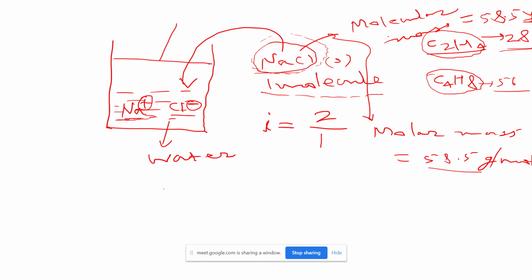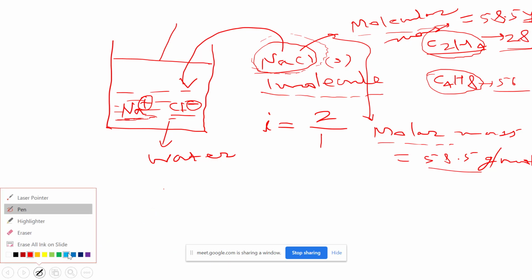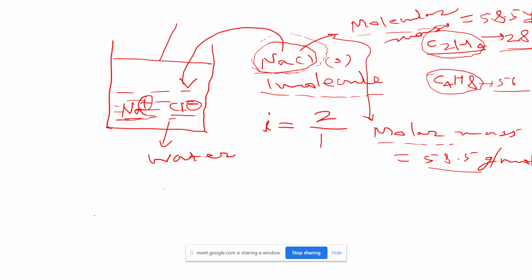And another difference is what? Molecular mass is the mass of one molecule actually, and molar mass is the mass of one mole, that is having NA molecules, like 6.02 times 10 to the power 23 molecules' mass. Got it? Yes, sir. Okay, so what is the calculation process for i we are taking here? You got the meaning of i, when we are using the i. So now we are calculating the value of i, the calculation of the Van't Hoff factor.